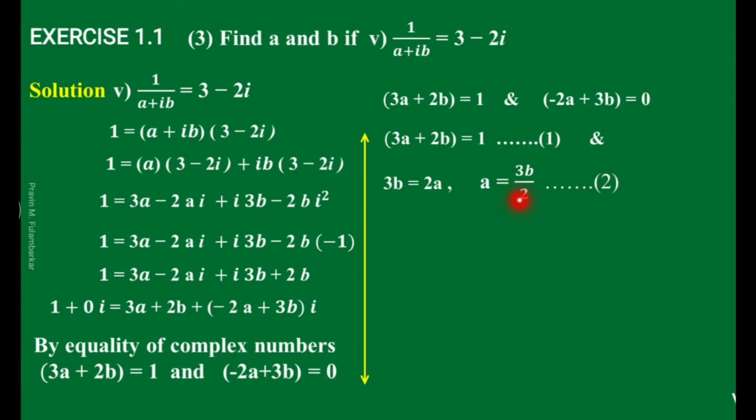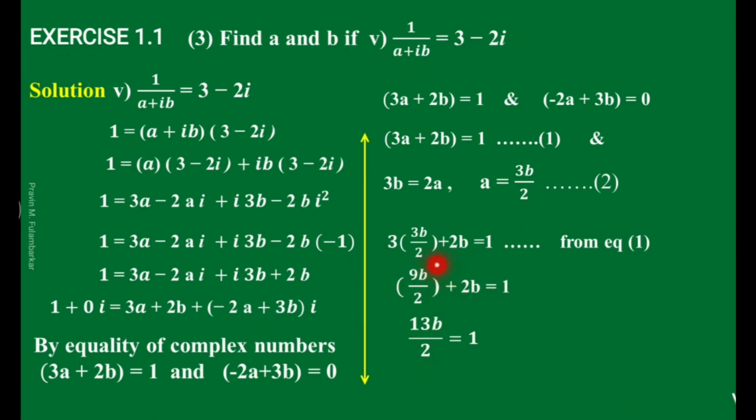Now substitute a equals 3b by 2 in equation 1. So we write here from equation 1, we replace this a by 3b by 2 and this 2b as it is. Now multiply by 3. So we get 9b by 2 plus 2b. So we write first 3 into 3b by 2, that is 9b by 2, plus 2b equals 1. So take b common,